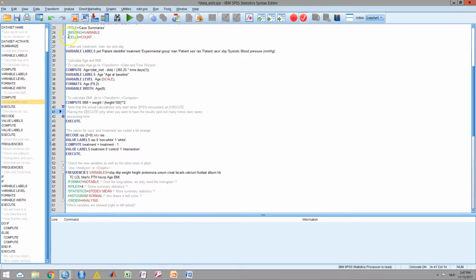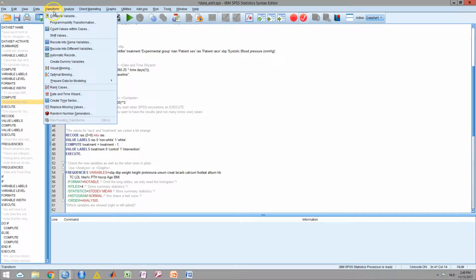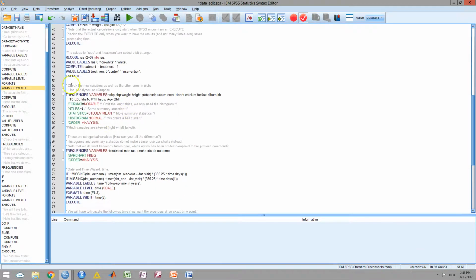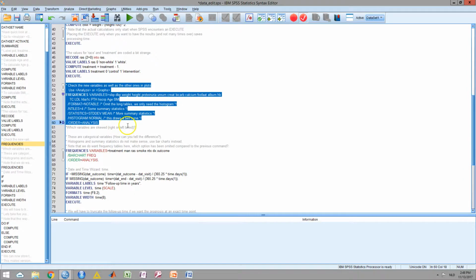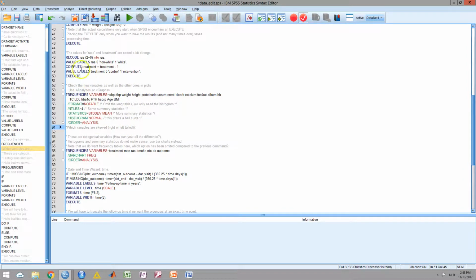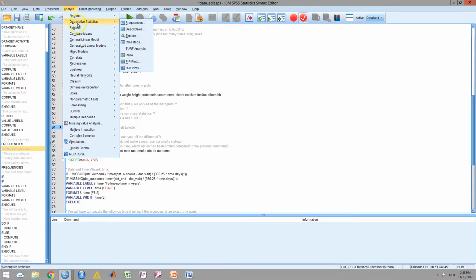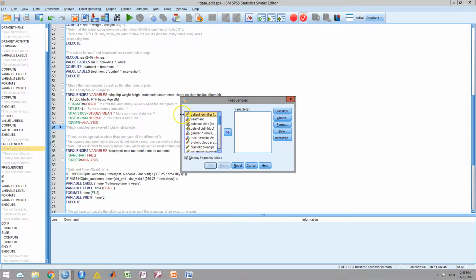So we can use the compute through transform compute. We can use the date and time wizard. We can look at some other options, and we can now also look at, for instance, some initial results. I do this here with the frequency statement, and this can be found under Analyze, Descriptive Statistics, and Frequencies. And I want to look at, for instance, blood pressure,